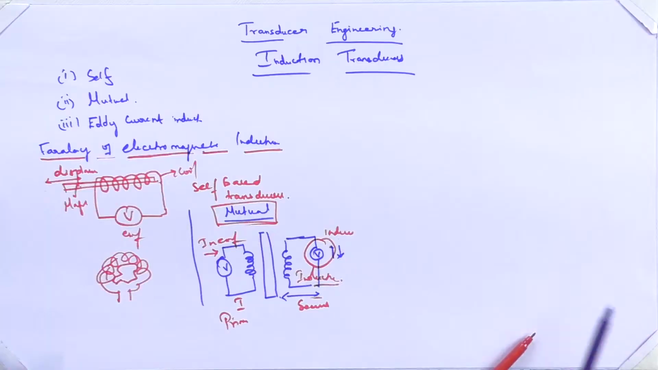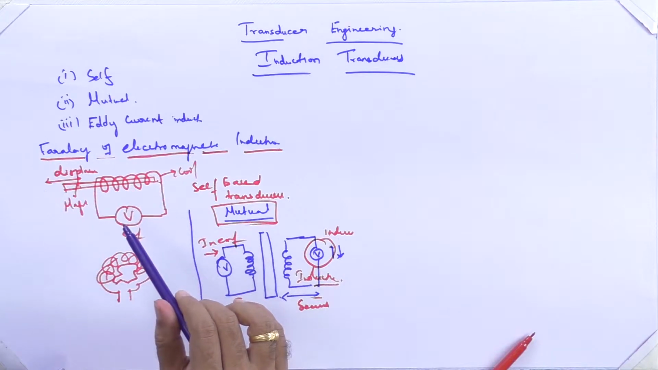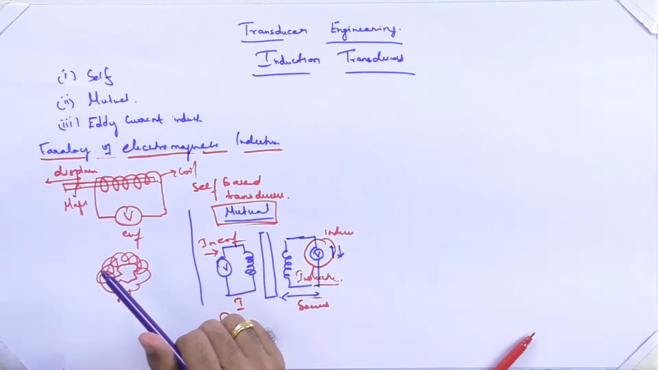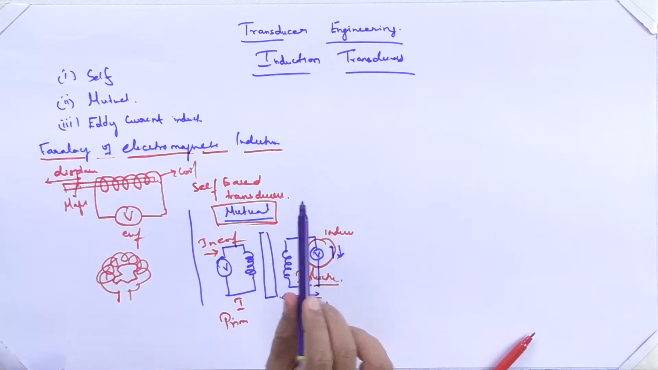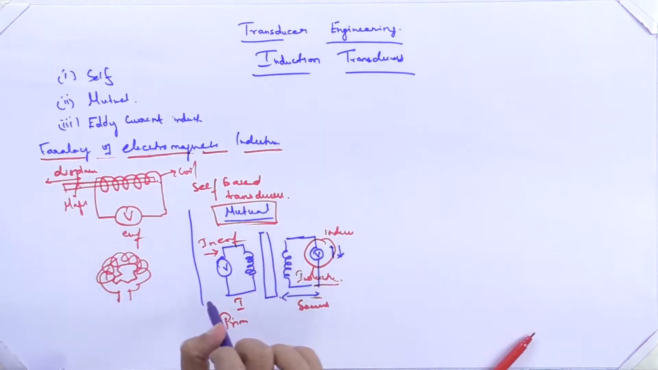So now you are clear with what self-inductance based methods are, and how we can use them to measure linear displacement or angular displacement. And also for the mutual inductance based methods, we have an arrangement and then we can transform this into a transducer. So all this angular displacement measurement and linear displacement measurement, we have seen in the resistance based